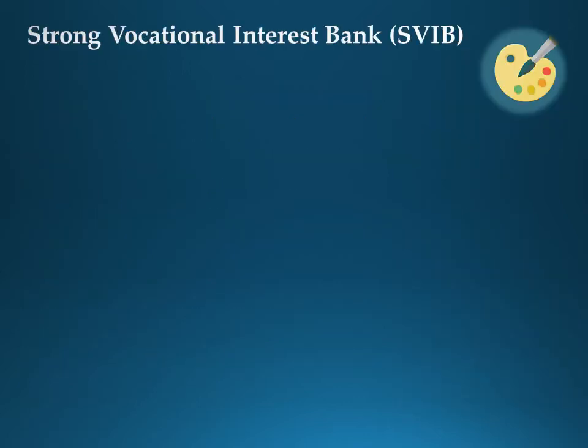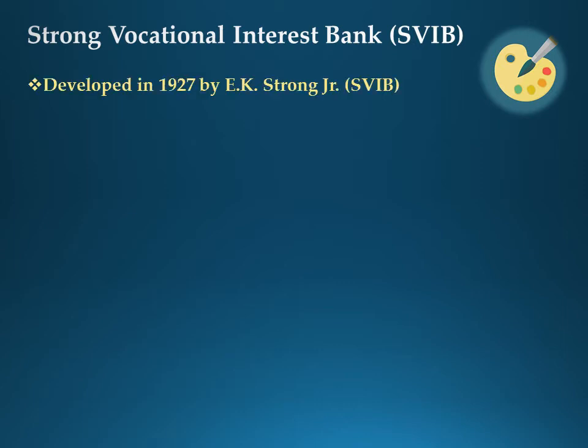So let's look at the test that comes under interest. It's called the Strong Vocational Interest Blank, and it's called Strong because it was developed by Strong. So it was developed in the year 1927 by Edward Kellogg Strong Jr. and some of his colleagues. They began to examine the activities that people from different positions and professions liked and disliked. And they came to realize that these people from these professional groups had different choices of interest. To some extent,